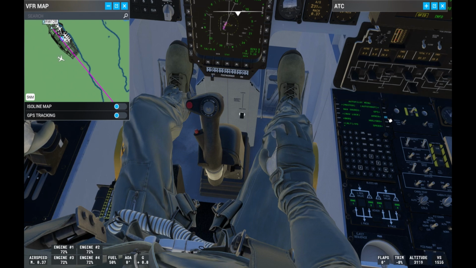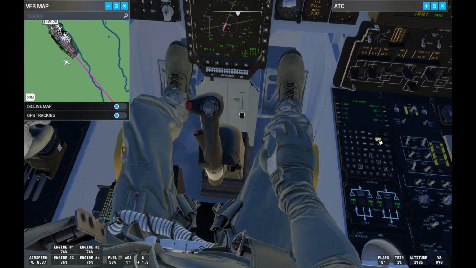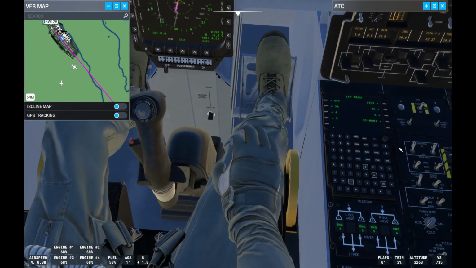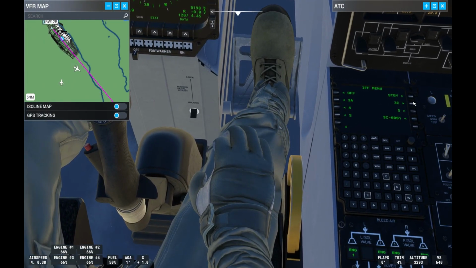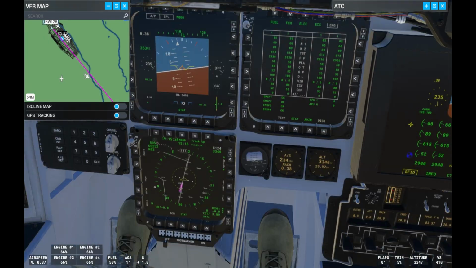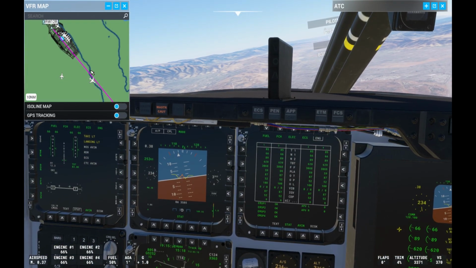Next important thing is the transponder. Looks like there's an issue with our transponder from the tower control communication. This has to be activated manually in the IFF option in the FMC. Click the IFF button and then click 3C. This will make sure the transponder is enabled and not off. If you don't do this, the ATC will repeatedly tell you that the transponder is malfunctioning and eventually terminate all